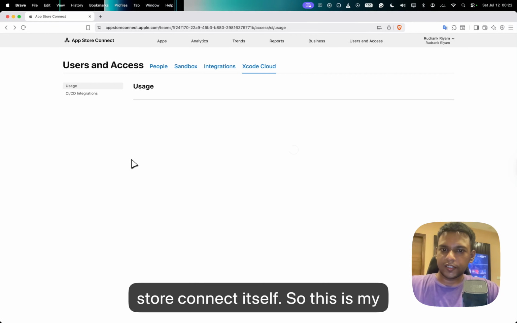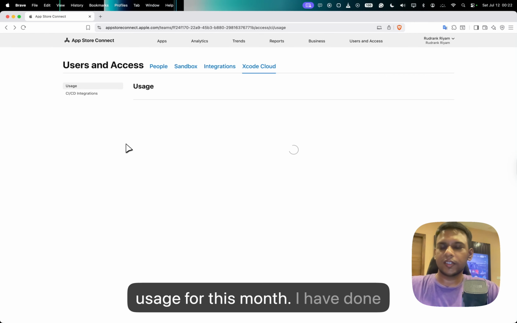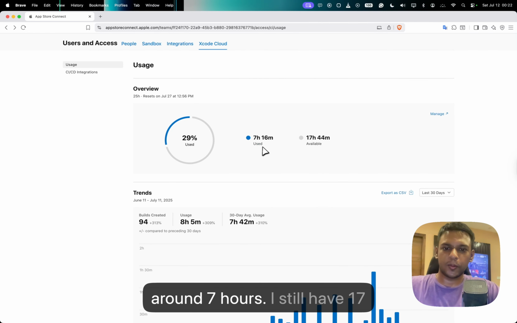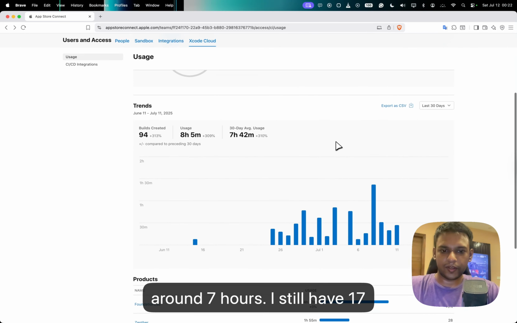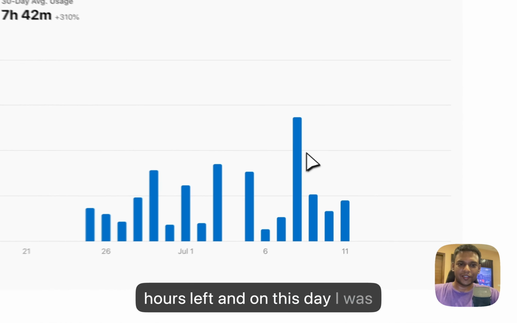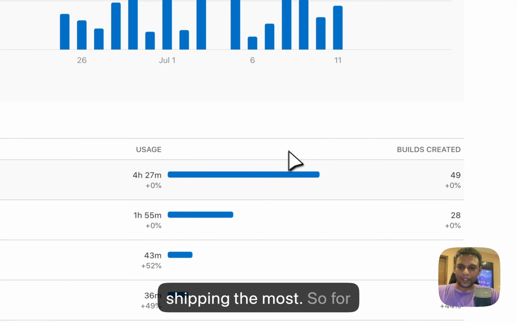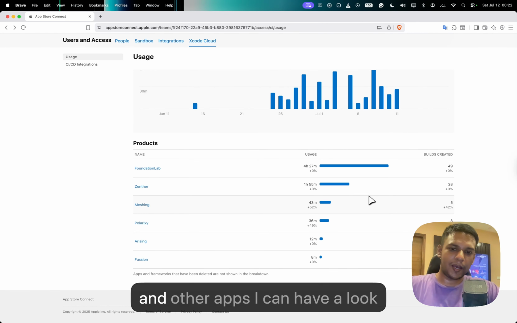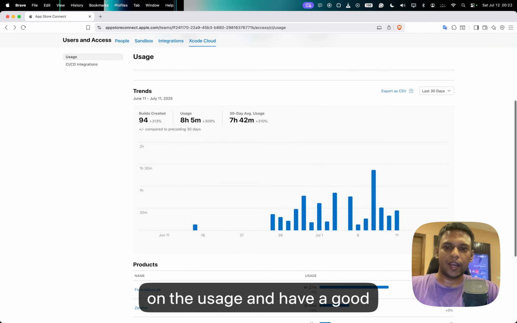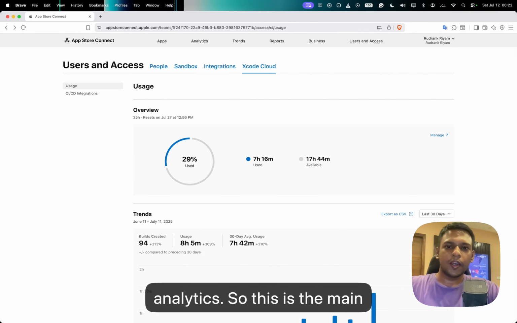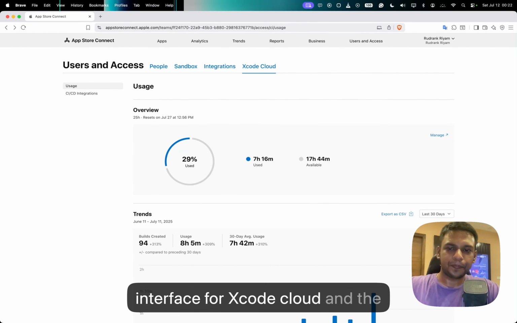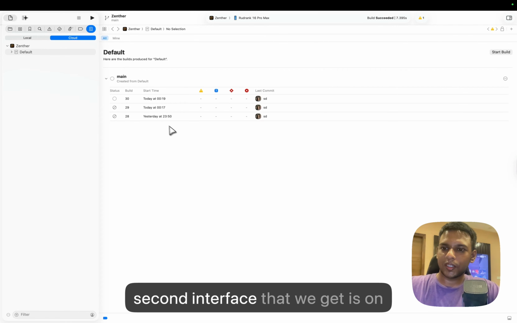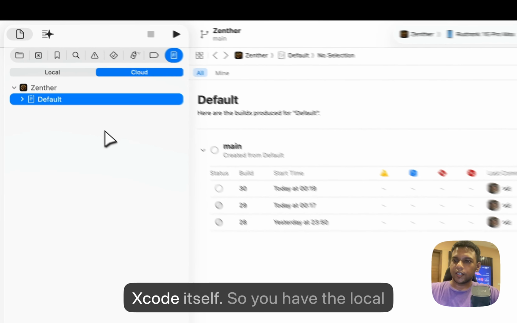So this is my usage for this month. I have done around 7 hours. I still have 17 hours left, and on this day I was shipping the most. So for Foundation Lab I have like 4 hours, and for other apps I can have a look at the usage and have good analytics. So this is the main interface for Xcode Cloud,